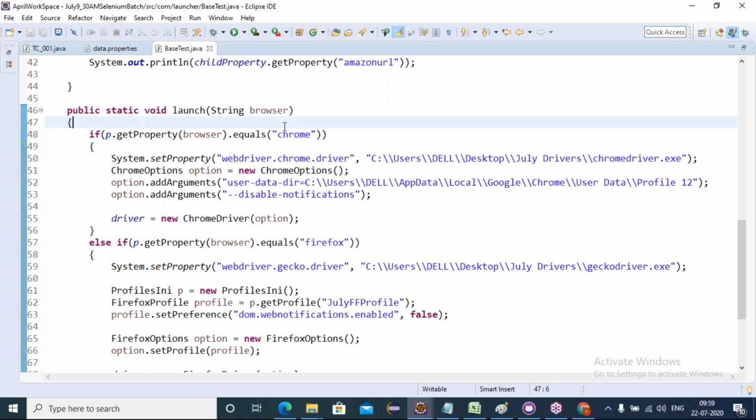So how can I automate those web elements? Manually we can go and interact with every element. I'll enter, I will give some inputs, I will do some operations. But through automation, how can I interact with my web elements?